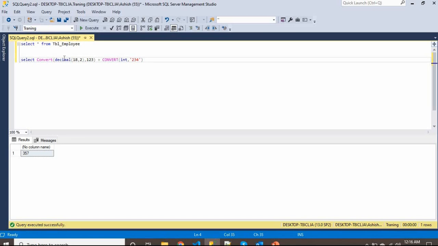Let me show you first 123, we are not adding that. See, it is converting the format. So this is the reason we use convert or cast.